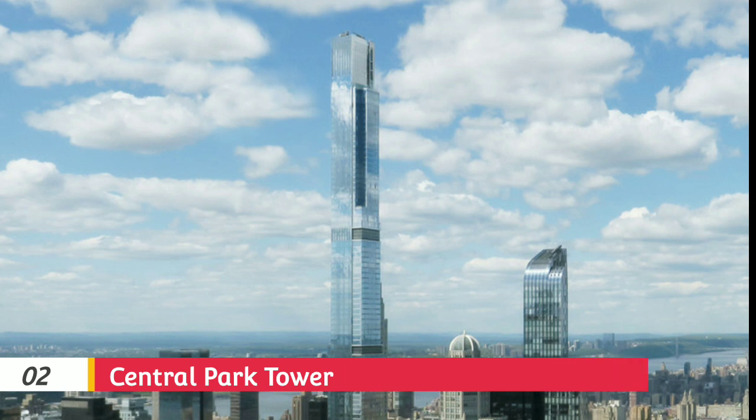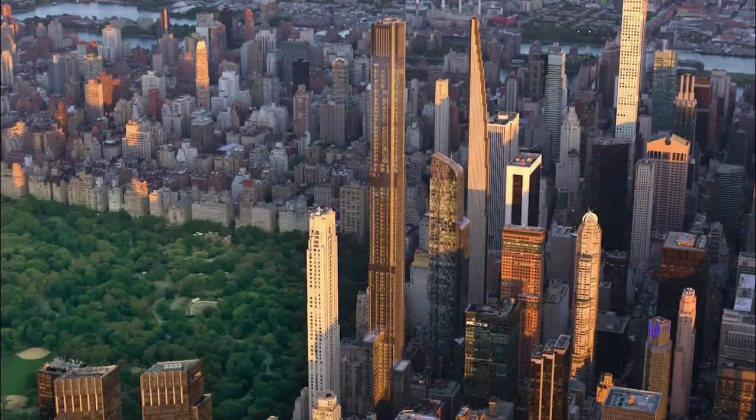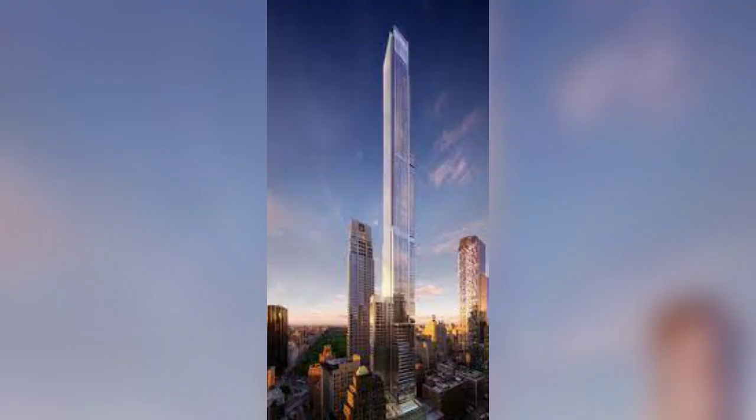Number 2. Central Park Tower, New York. Also known as Nordstrom Tower, Central Park Tower is the tallest residential building globally, set at 225 West 57th Street in Midtown Manhattan. The super-tall building comprises 179 residential units from the 32nd floor and up, with the largest of the apartments holding 8 bedrooms and occupying over